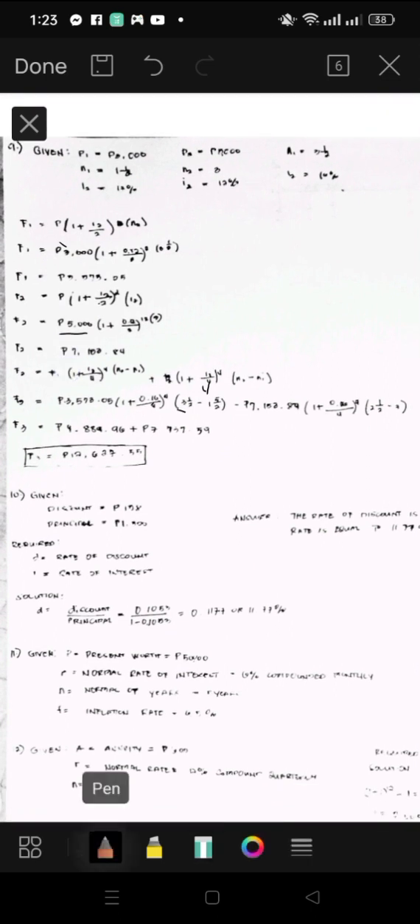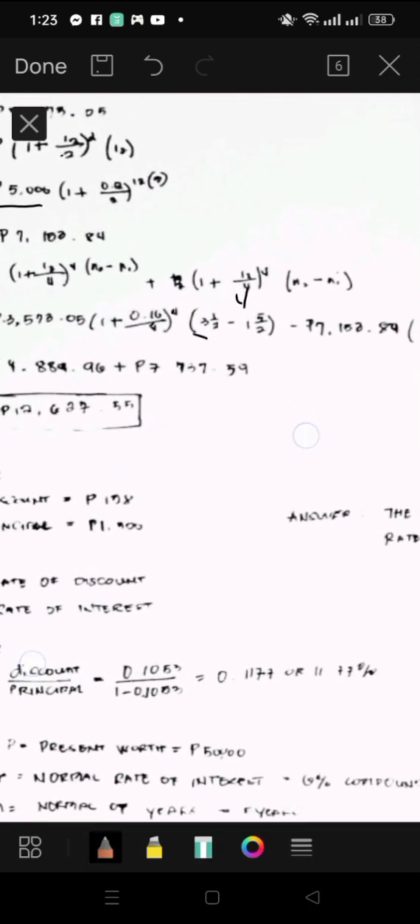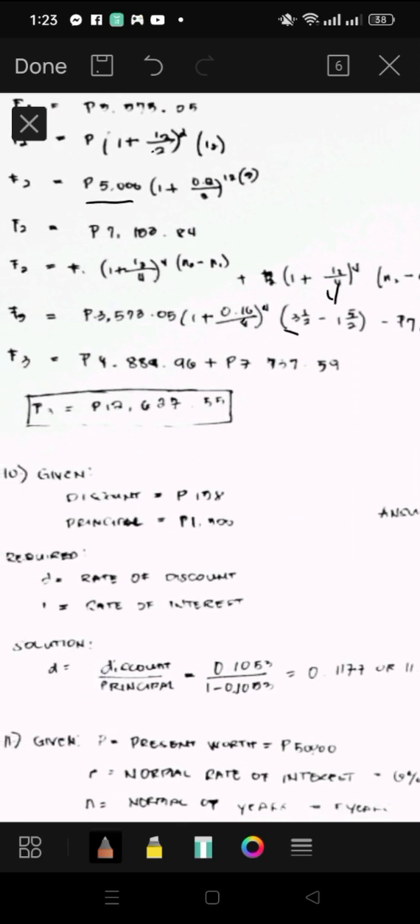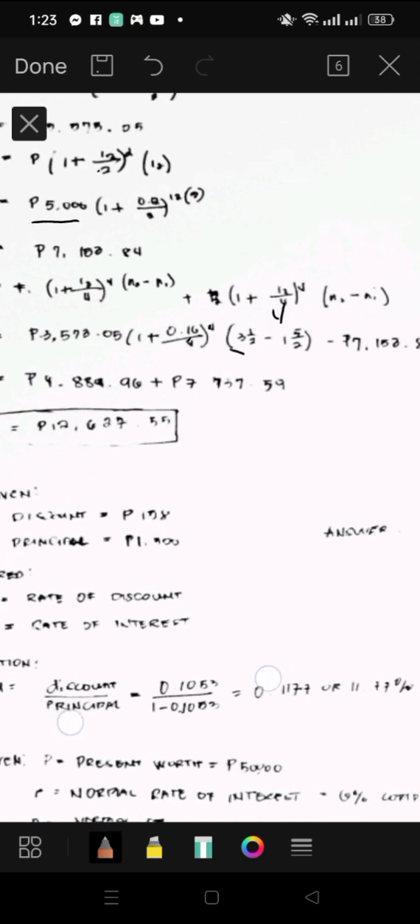So our discount is 158, then the principal is 1,500. Required: D is the rate of discount and I is the rate of interest. So the solution is discount over principal. So the R is equal